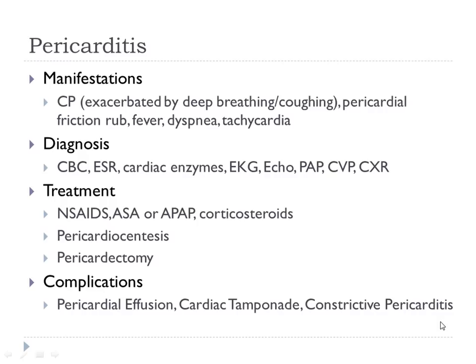Remember with an MI, you're probably not going to have increased pain with the deep breath. But with pericarditis, they will. All right? A pericardial friction rub, because the heart is rubbing against the pericardium as it is pumping. All right? Let's see. What else? We can have elevated cardiac enzymes because there can be damage to the heart muscle because it can't move properly.